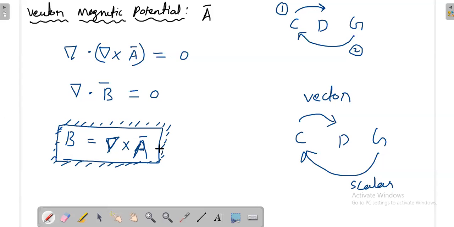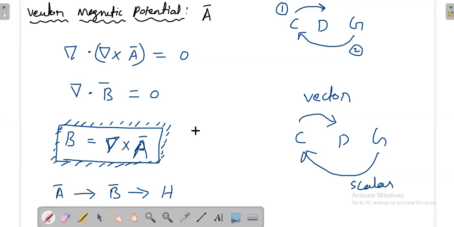In general, in antenna theory, what we will calculate first? First we will calculate A. From A we will calculate B. From B we will calculate H. Antenna theory means what? Circuit analysis means finding the current and voltage anywhere on the circuit. Similarly, antenna analysis means finding the magnetic field anywhere on the space. Once you know the magnetic field, you can find out the electric field with the help of the Maxwell equation, because del cross H is equal to dou D by dou t. With the help of that, you can calculate the electric field also. So this is very important. B is equal to del cross A.